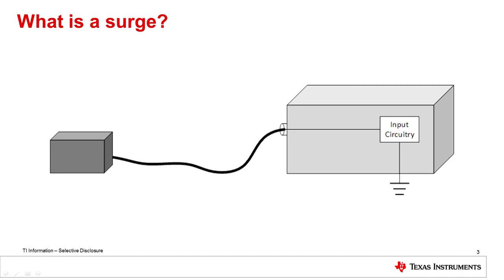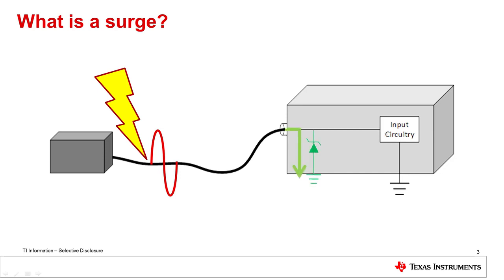First things first, what is a surge? A surge is an unexpected and transient voltage or current spike that is caused by nearby electronics or the environment. Surges are important to understand because they can cause electrical overstress damage to IC inputs, creating system failures. A critical part of system design is being able to prevent these failures by safely shunting the transient spikes to ground and ensuring that they don't cause any damage.